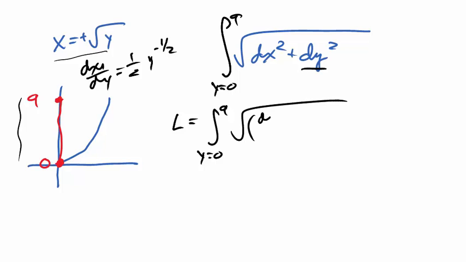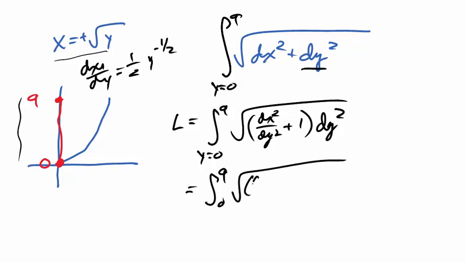So that leaves me with dx squared over dy squared plus 1 dy squared. All I've done is the exact same algebra I did on the previous one. I've just now factored out the y squared. And this becomes the integral from 0 to 9